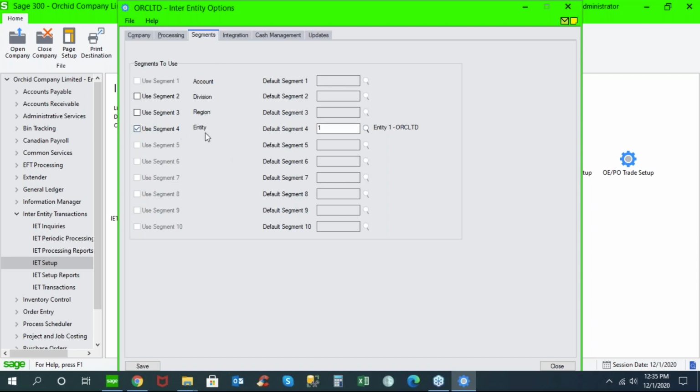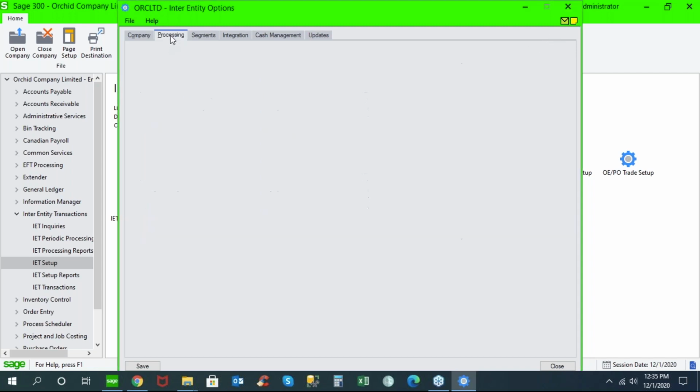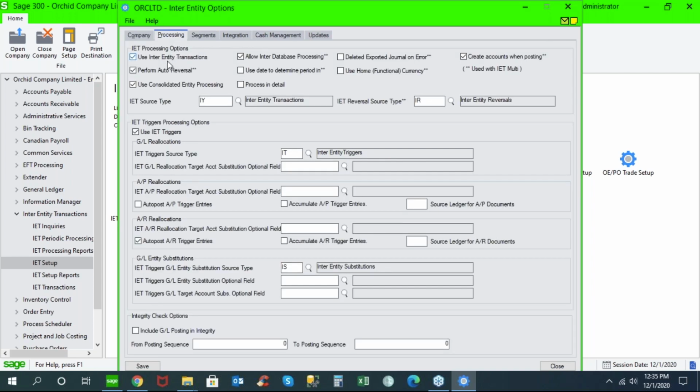And by identifying an entity segment within your GL chart of accounts, it allows you to balance these entries within one company database or across databases, and it identifies these balancing entries with